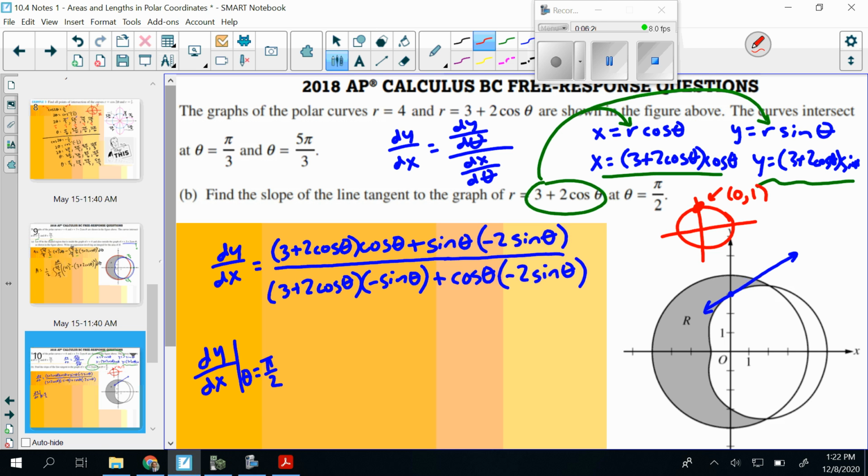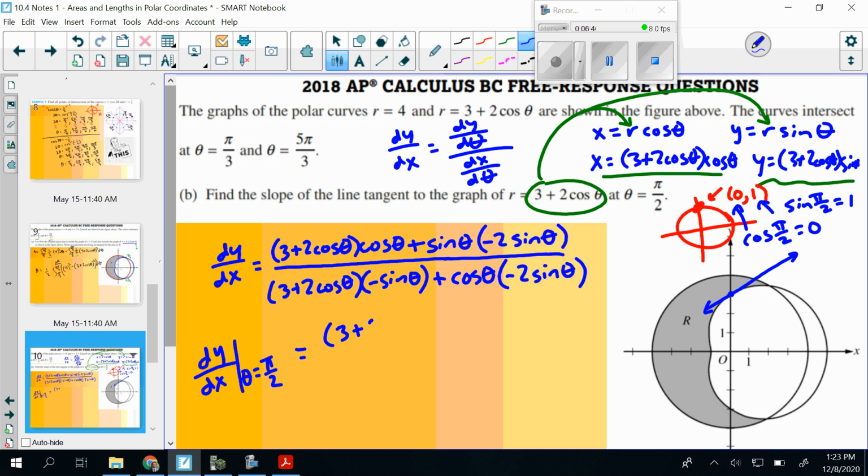And remember, our cosine is the first value. So that's telling us cosine pi over 2 is 0. That also means sine pi over 2 is 1. So wherever we have a cosine, put 0. Wherever we have a sine, put 1. So going back through this now, this is going to be 3 plus cosine of pi over 2,